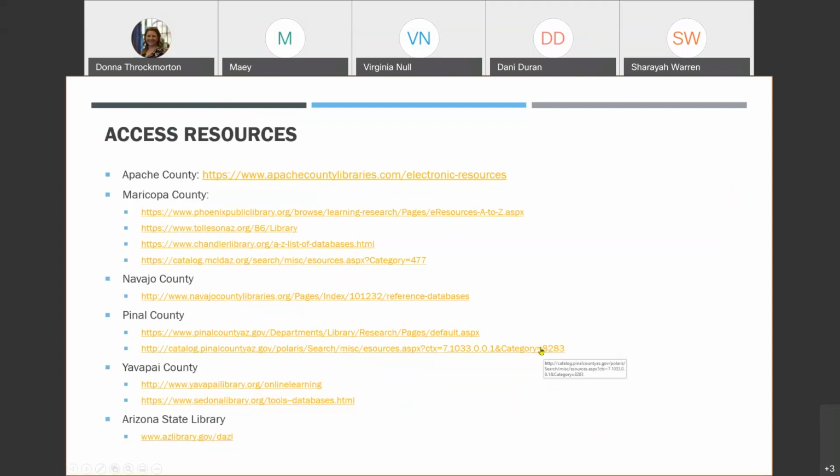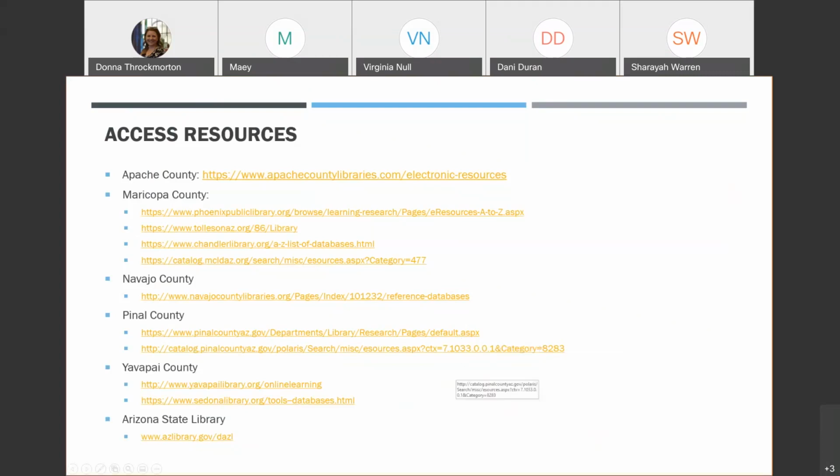You'll find more books, online books, let's say at the Pinal County Library website. They might have more online magazines or audiobooks, whereas the state library, we provide just the basic package. So I encourage you to go to your local library websites.